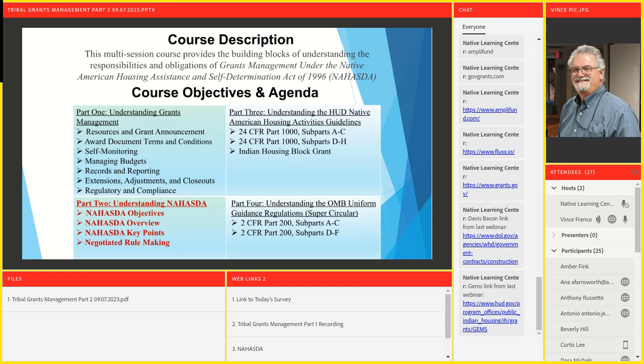You can also go to the notice HUD issued called the nationwide rollout of GEMS, the nationwide rollout of GEMS, August 18th. You can go to the notice that was sent out August 18th, which is a several page notice along with attachments of the actual document and information, how to create a profile, etc.